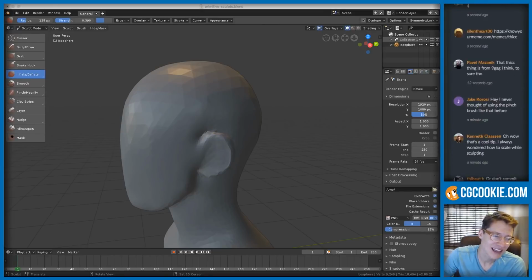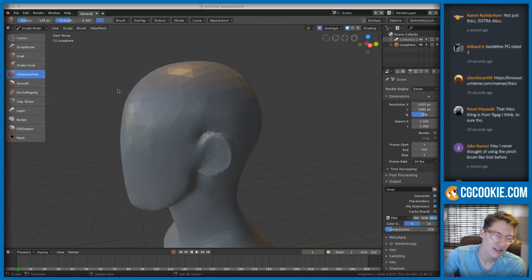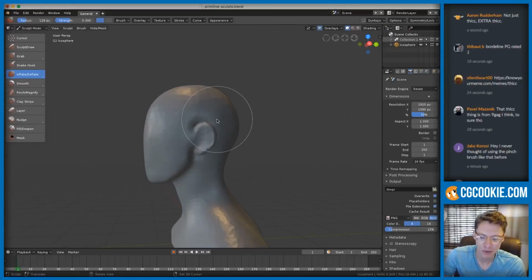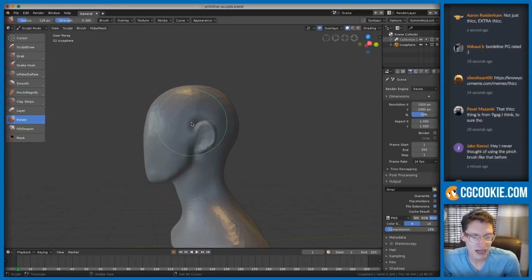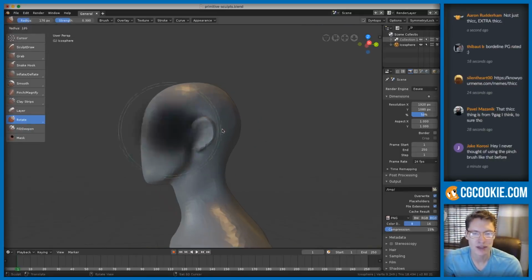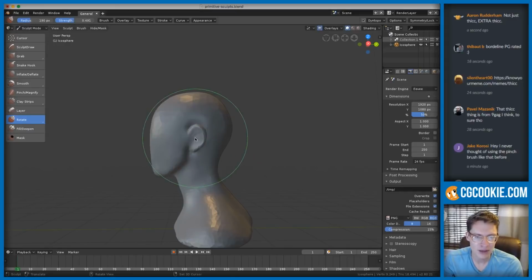If you guys like the scale tip, there's also a rudimentary rotate option in sculpt mode. It's under nudge for some reason, which I've never used, but the rotate brush is kind of like a spin, like if you take whipped cream and spin your finger around it, that's what the brush does. So similarly, you can just click,